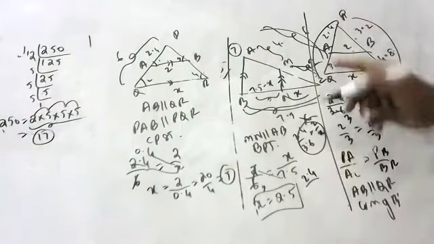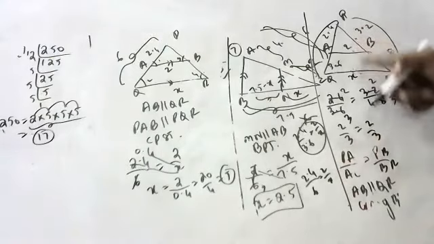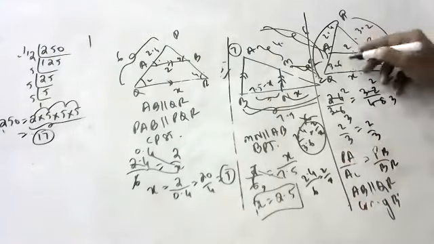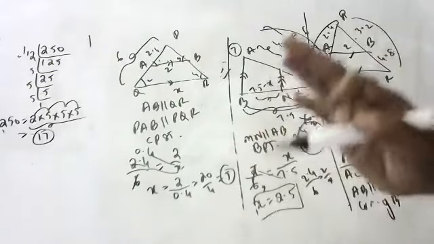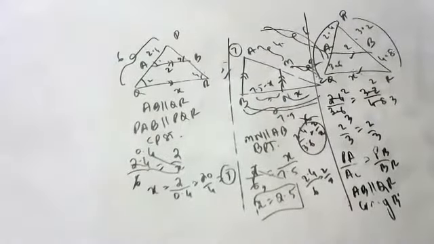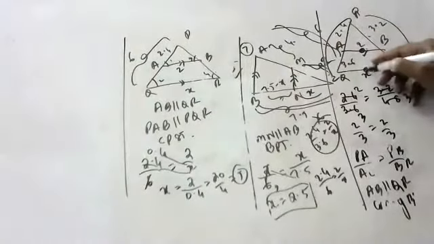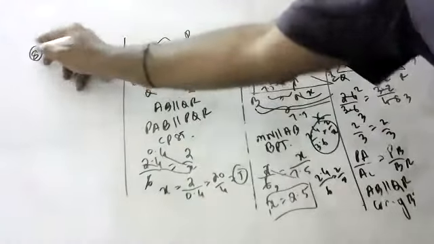2.4 by total 6 is equal to 2 by X. If you want to find this one, you have to apply the corollary. For these both, you have to apply the corollary only. Normal BPT you can't apply. Be careful. Don't forget, because I may not get a chance to discuss this again. Never forget. Okay. Next question.